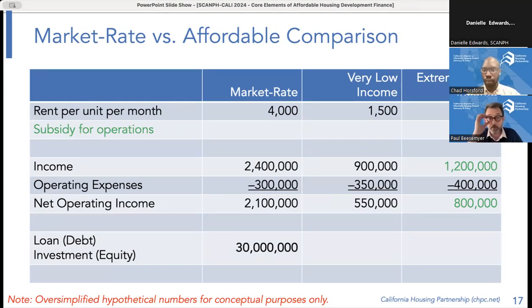And there are a lot of permanent supportive housing developments targeting the unhoused that are in a situation that looks somewhat like that. And the answer there is that we are going out and using all of our skills and all of our connections, lining up some sort of additional subsidy to provide annual operating or rent support to prop up the operations of the building. So let's go to the next slide, I believe.